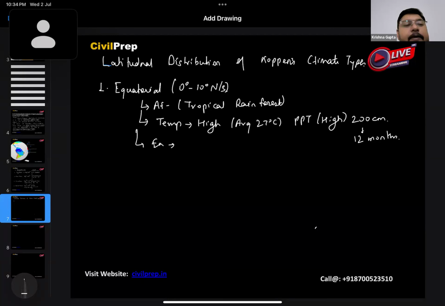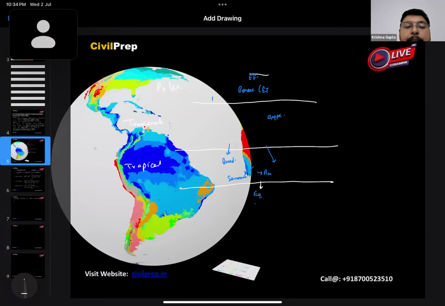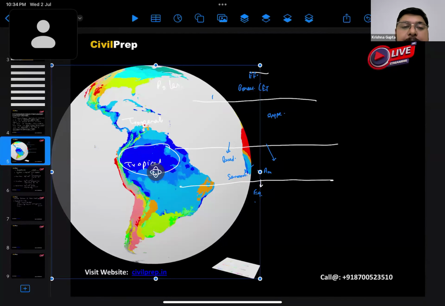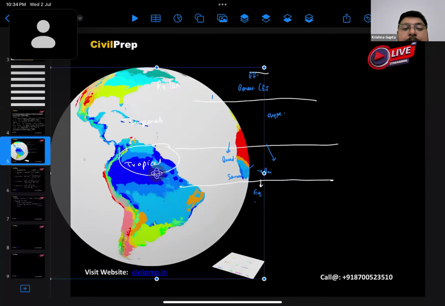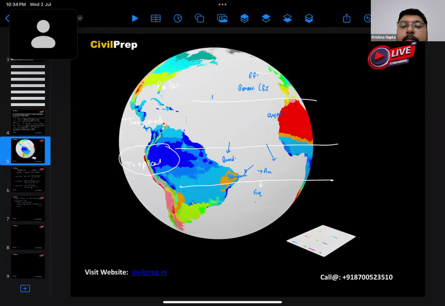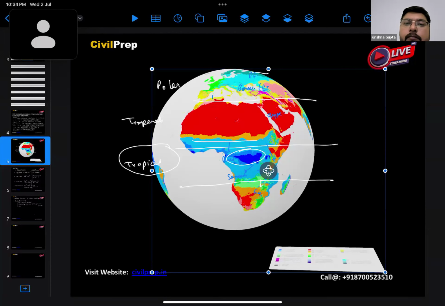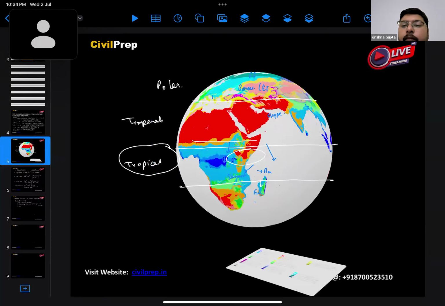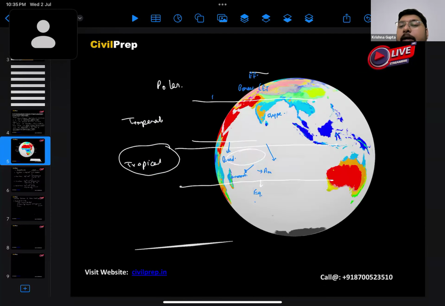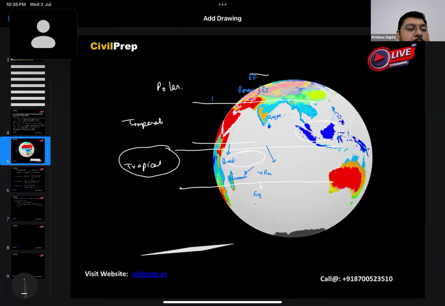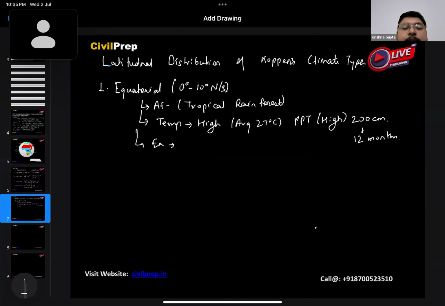if we want to see regions here, I can show you this in the map. So this is the tropical rainforest region of South America, tropical rainforest region of the Congo Basin, and this is a tropical rainforest region of Southeast Asia. Okay, so here we can see this on the map also. We can draw this part here.